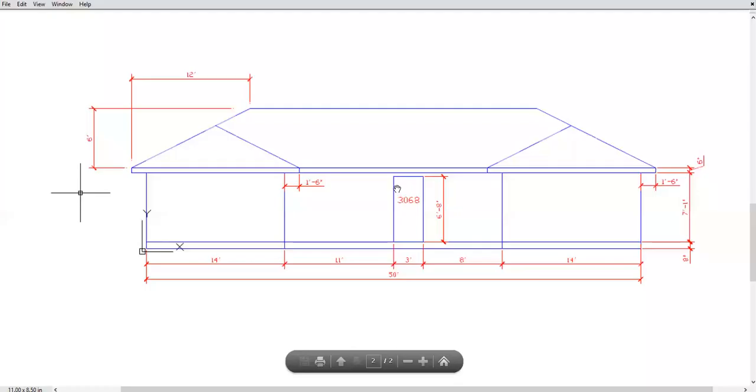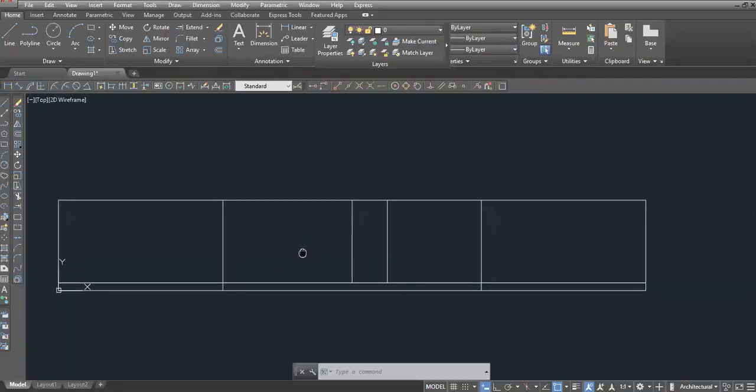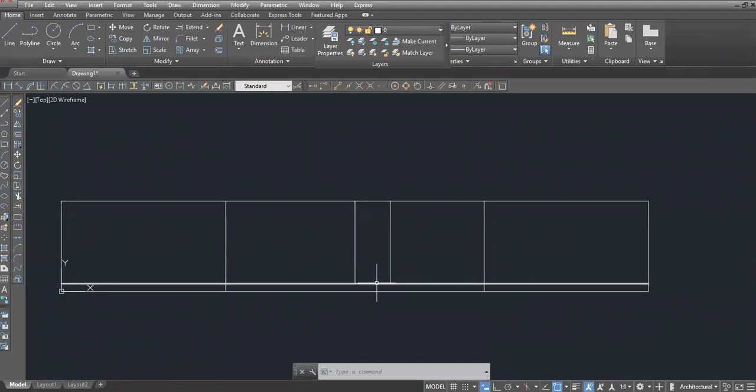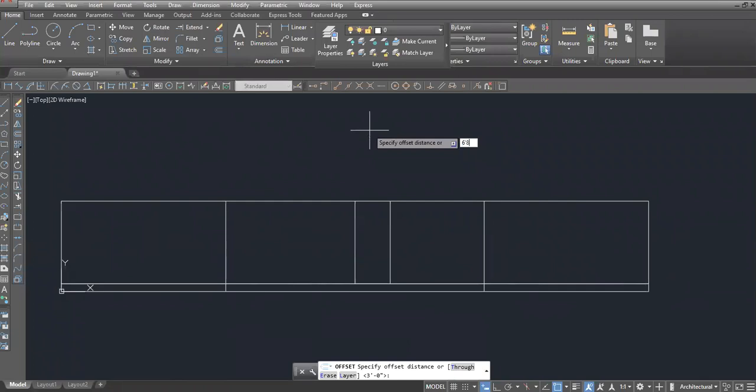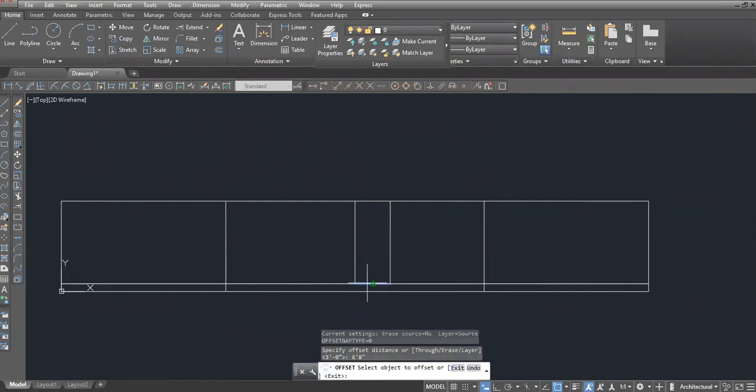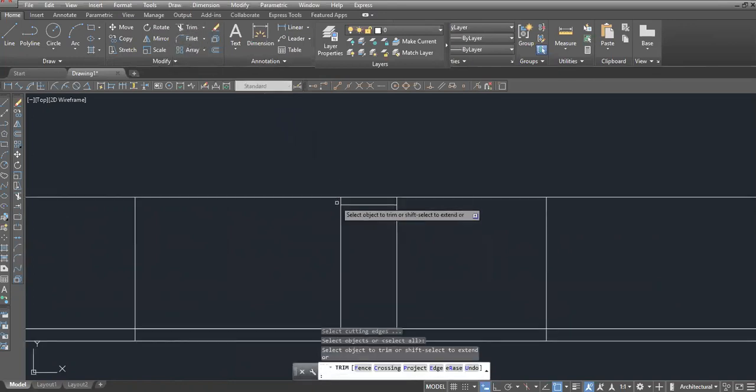And then we need to finish our door right here. We see that it is 6 feet, 8 inches tall. So here, let's just draw a line and then offset that line. So draw a line there, escape, offset, and what was that again? 6 feet, 8 inches, enter, offset this line, then left click, escape, go to our trim, so right click, trim, trim there, all right,